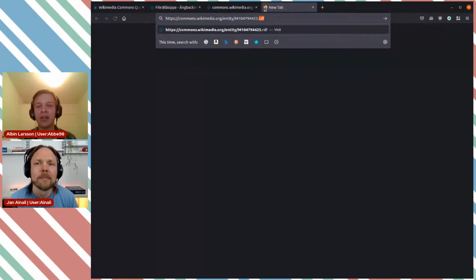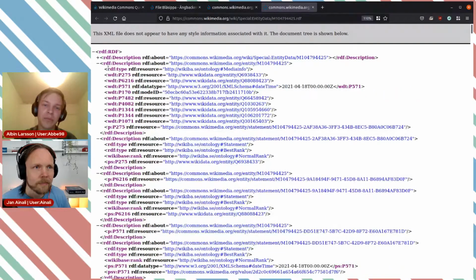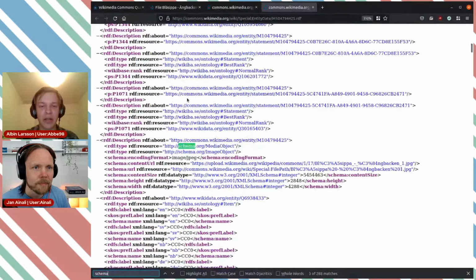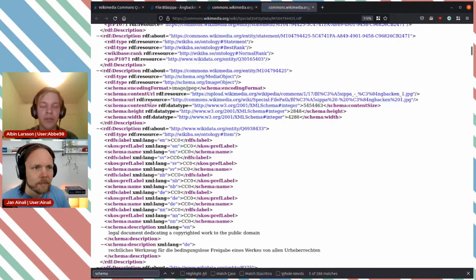But we can append a file ending here, like RDF, which gives us the raw data that SPARQL is actually querying. So if I go to this, we got a bunch of things that we actually ask for in SPARQL. So if we, for example, search for schema, we have seen this being used. So we previously used, for example, schema